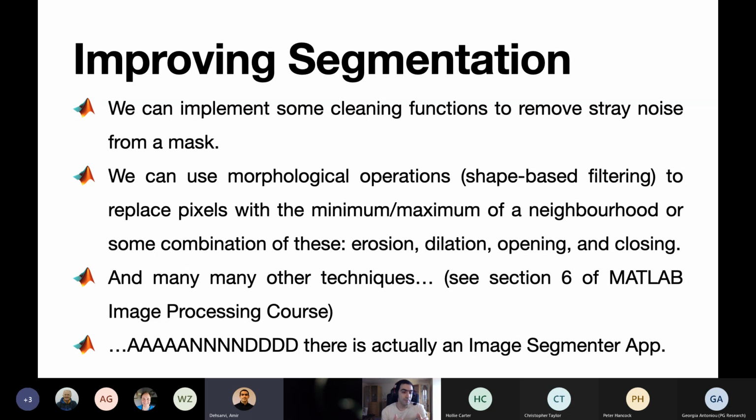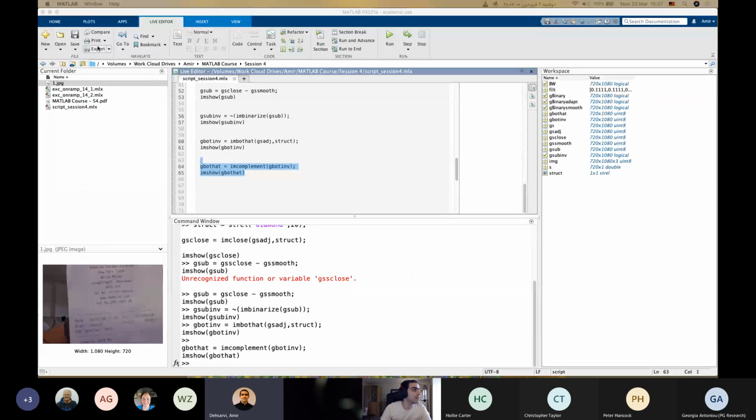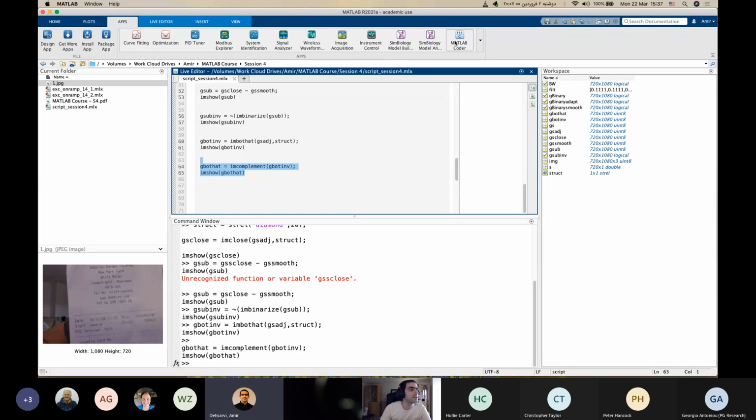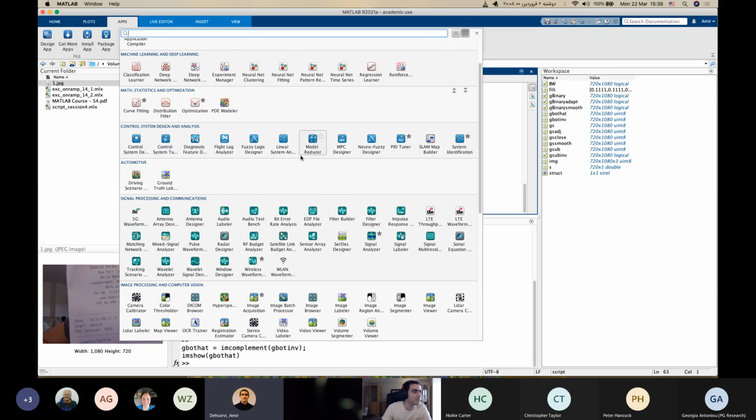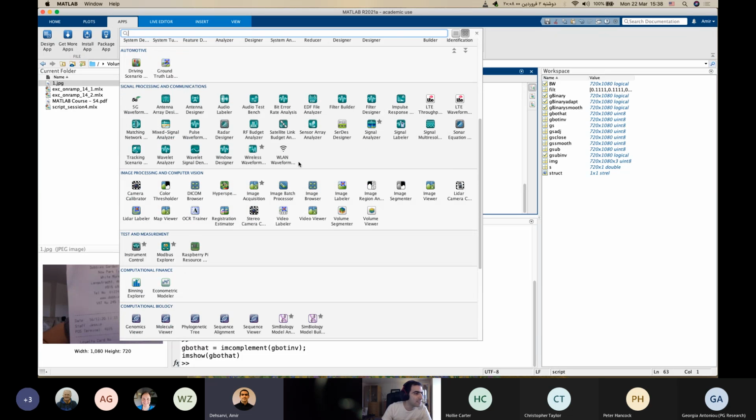Most importantly, there is actually an image segmenter app that you can use. Let me see if I can find it in the app part. It is called segment something, if I remember the name. Sorry, I should have written the name somewhere. Yeah, image segmenter. This is the app that you can use, and you give it your